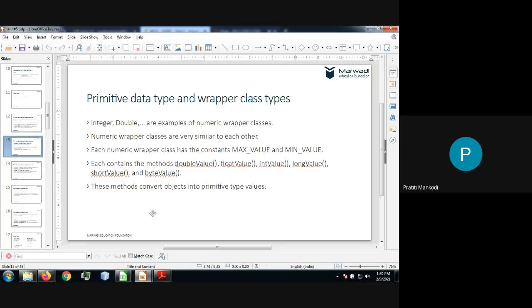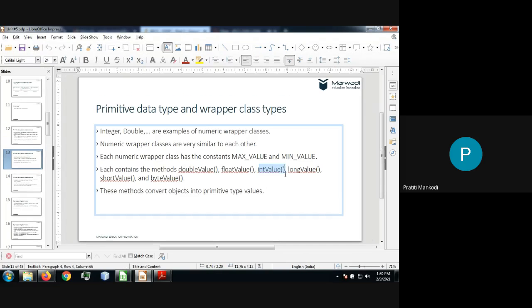Each contains methods like doubleValue and intValue. This particular method will be used if I want to convert my object into a primitive type. As I have told you, converting an object into a primitive data type is which concept?